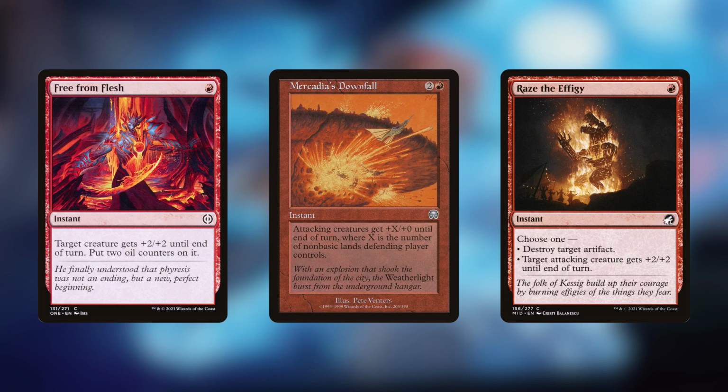Mercadia's Downfall is a personal favorite of mine, as most players run a large number of non-basic lands, which makes this card pretty close to a Triumph of the Hordes type of effect in this deck. Another important thing about all of these spells is that they're all instants. This means that they can be cast after blockers are declared, allowing us to take out an unsuspecting opponent who